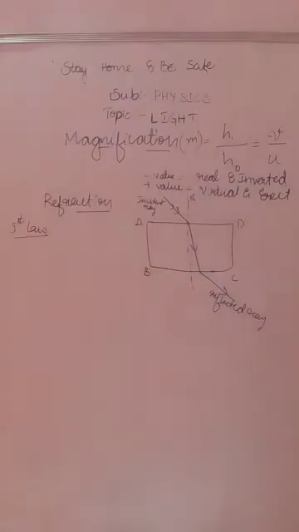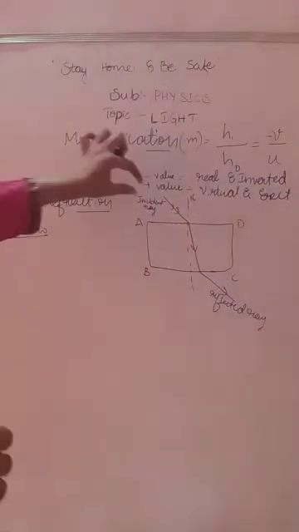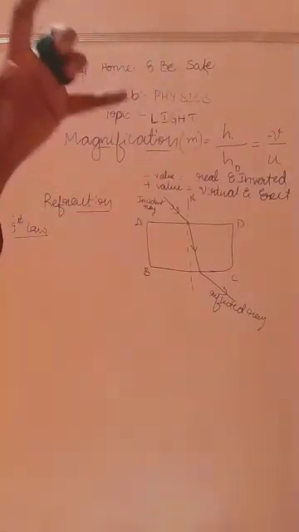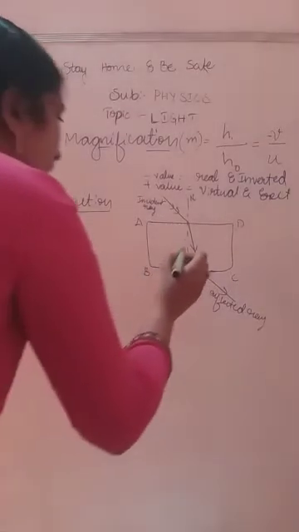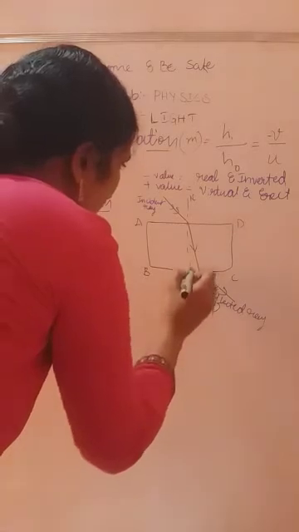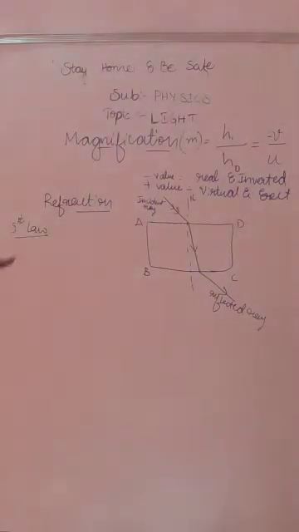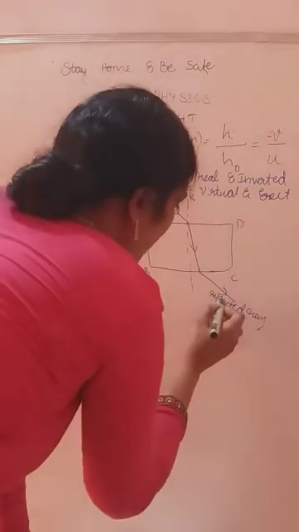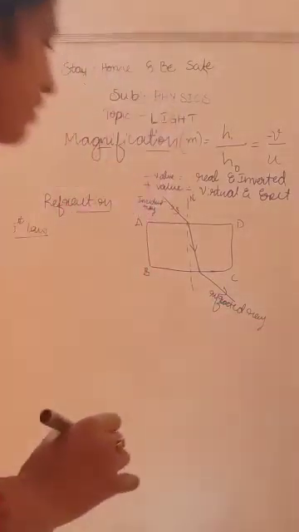What that first law of refraction is: the incident ray, the refracted ray, and the normal at the point all lie on the same plane. It is the second law of reflection also. But here we don't say reflected, it is the refracted. That is the difference. There we have taken a reflected ray, here we have taken a refracted ray. That difference you want to note down.